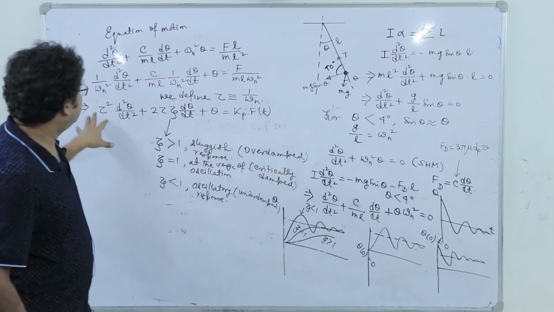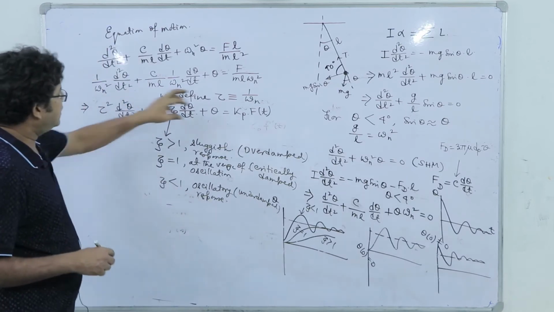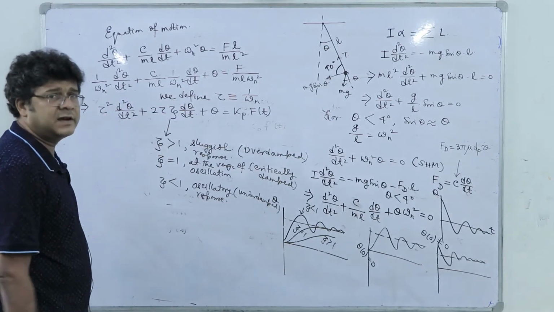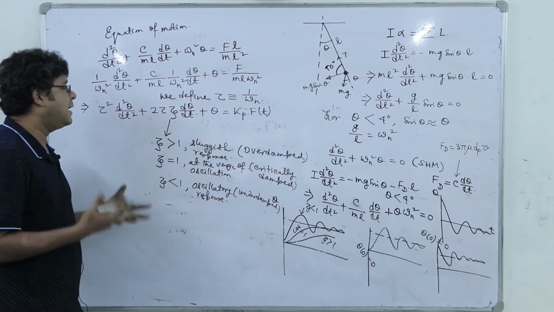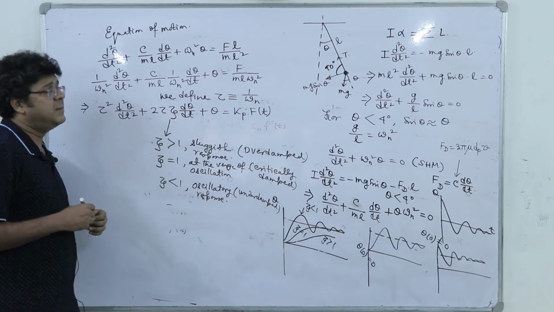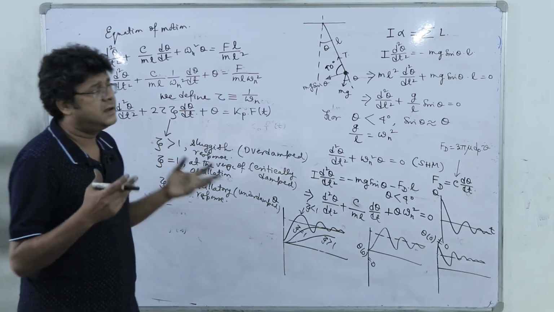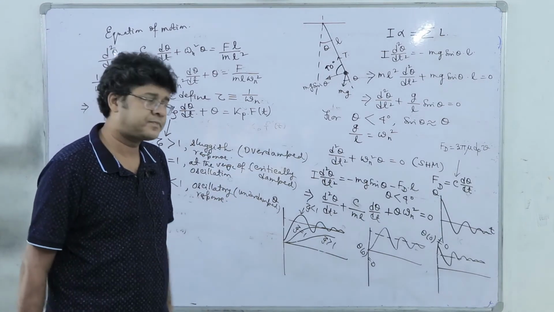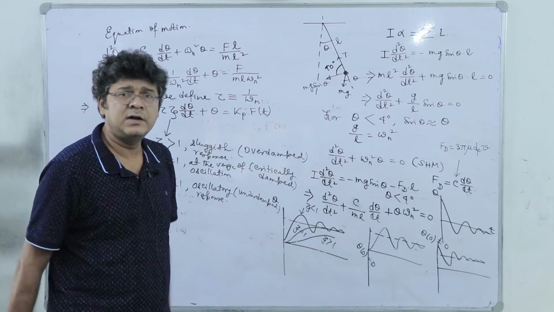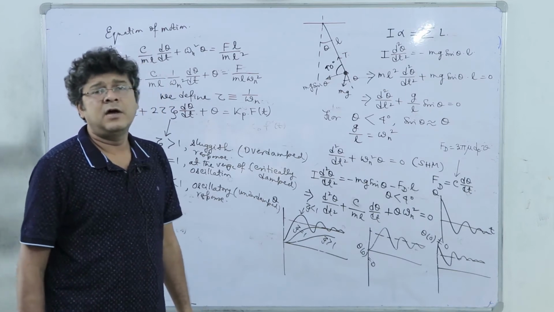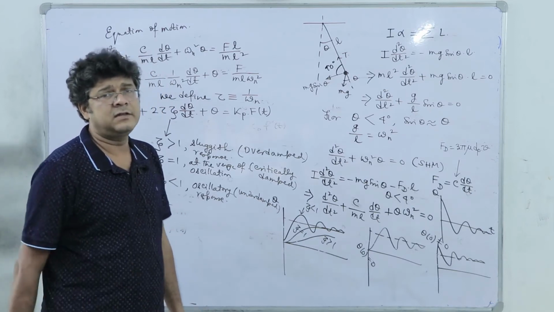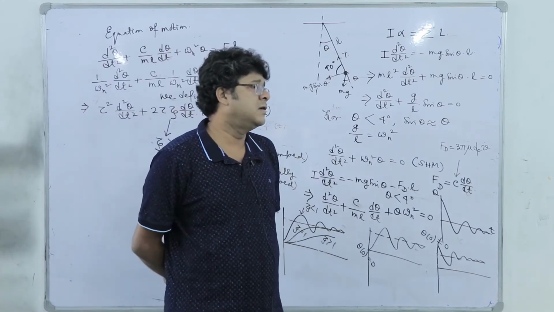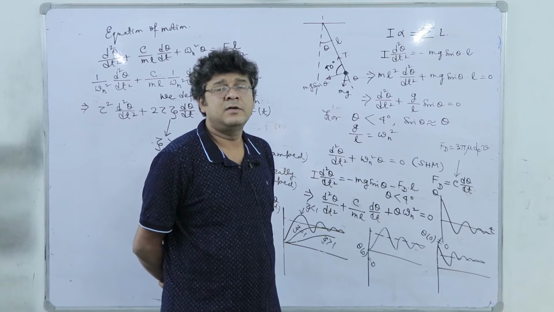Okay? So, in general now, for any device, we will no longer keep the theta, but we will consider it as a general output, and that sort of behavior can be exhibited by different possible systems like a U-tube manometer, like a control valve, like an LCR circuit, okay, like a typical thermometer itself,